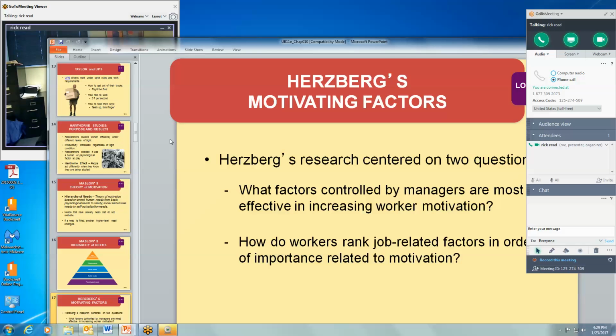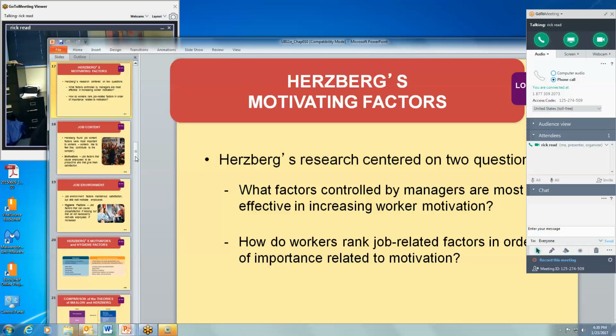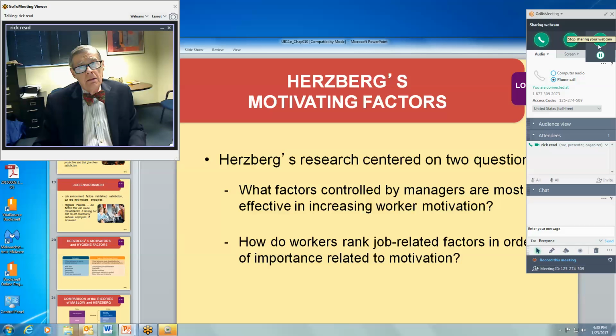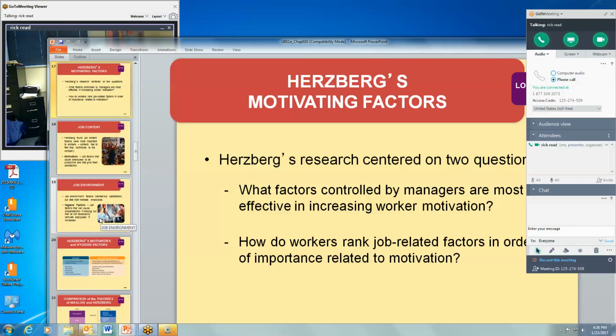Another researcher who came along who has had a great deal of impact in the workplace is Herzberg, with his motivating factors. Now, Herzberg centered on two things: trying to increase worker motivation, and wanting to know what factors managers control could do this, and how they work, job-related factors, that is, the workers. So Herzberg had a great deal,